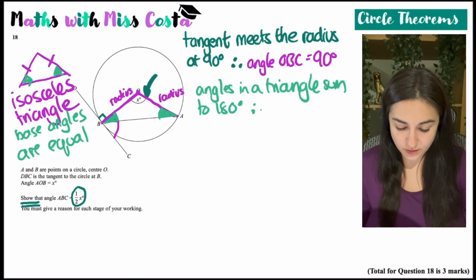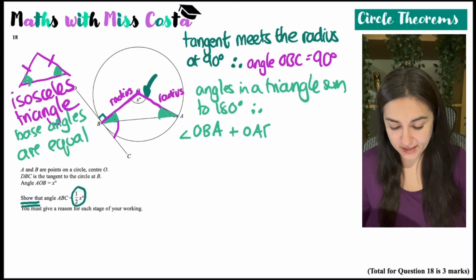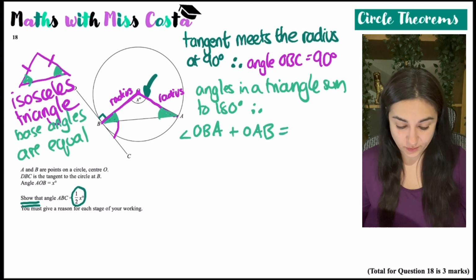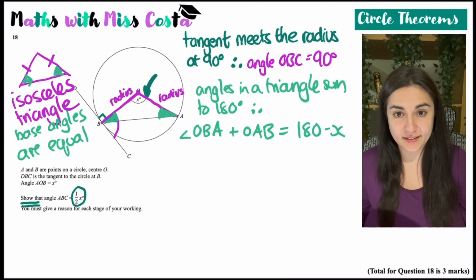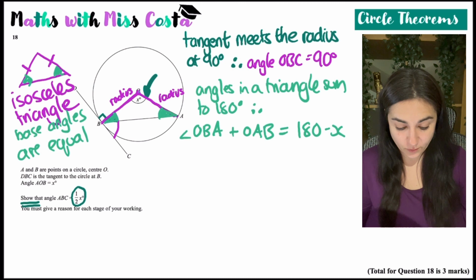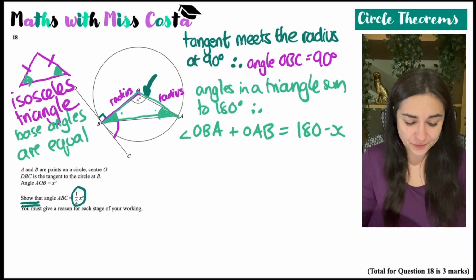Therefore, angle OBA and angle OAB must equal 180 take away x. Okay, because I know that all of these angles sum to 180. Don't know what x is, but x plus this must equal 180. Now, I've